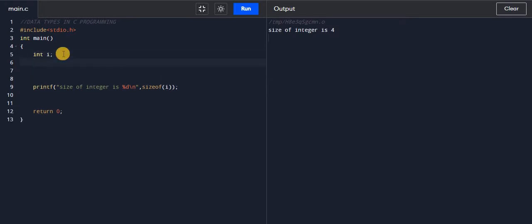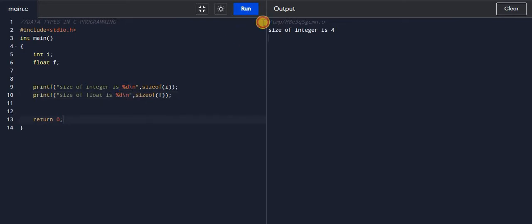Now the next data type is the floating point data type. float f is the variable. To find the size of the floating variable, I only have to change the variable to f and the text to size of the float is. We use the %d format specifier to hold the integer type memory size.